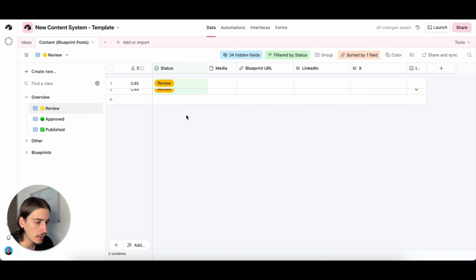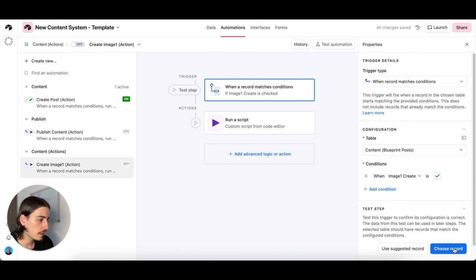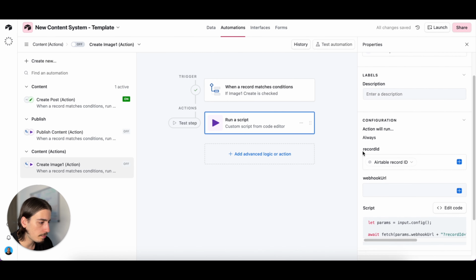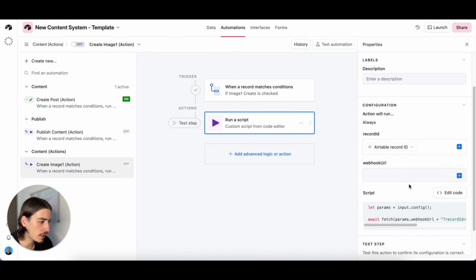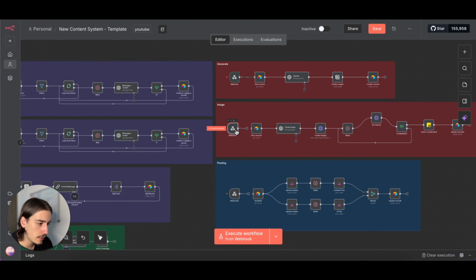If you don't, you can click this plus, hit this image button here, come back to automations, click on the trigger, choose a record. So you can see that we've got the record there that we've just clicked. Then we're going to come back to the run script section and copy and paste our test URL there. Come back to N8N,